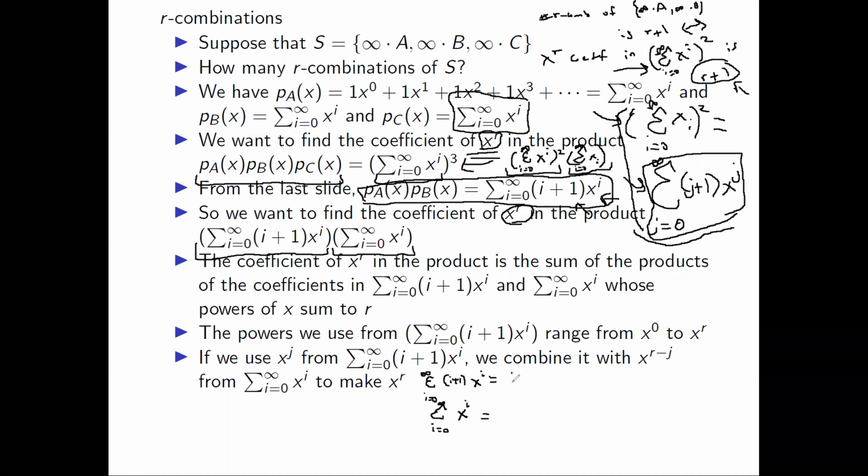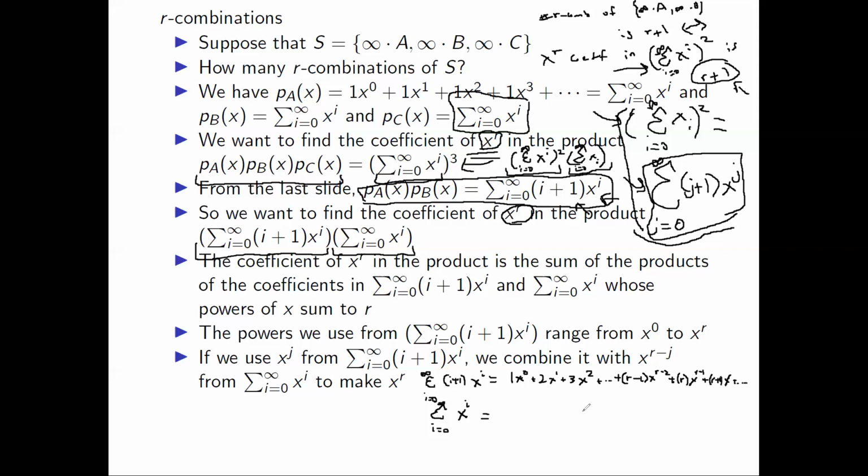So we get 1 times x to the 0, plus 2 times x to the 1, plus 3 times x to the 2. So I'm just writing the sum out, plus so on, plus, then let's look at our x to the r minus 2 term. So we'll have an r minus 1, x to the r minus 2, plus r, x to the r minus 1, plus r plus 1, x to the r,